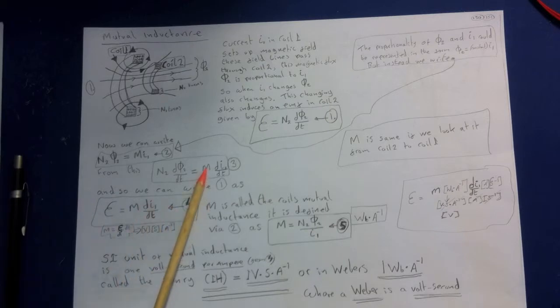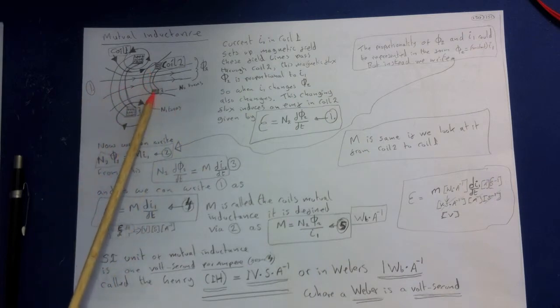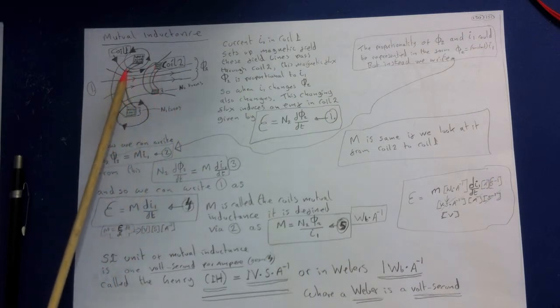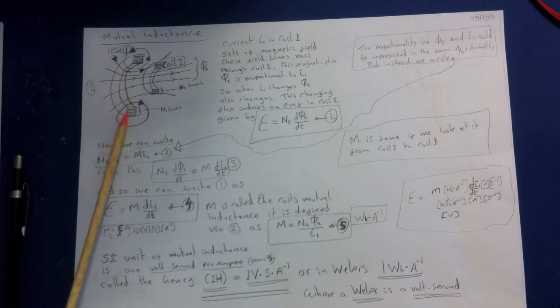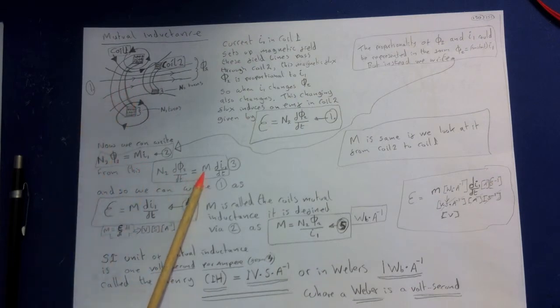So that M is valid for any condition, whether we're putting the current through one and looking at the EMF in here, or whether we're putting the current through this coil and looking at the EMF in here. It doesn't matter. Once we've calculated this M, it can be used both ways. So that's very useful. Now finally, just to complete this, talking about mutual inductance, the SI